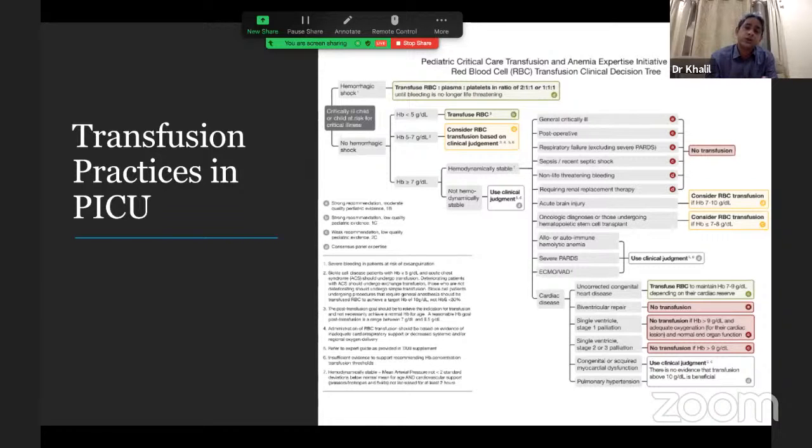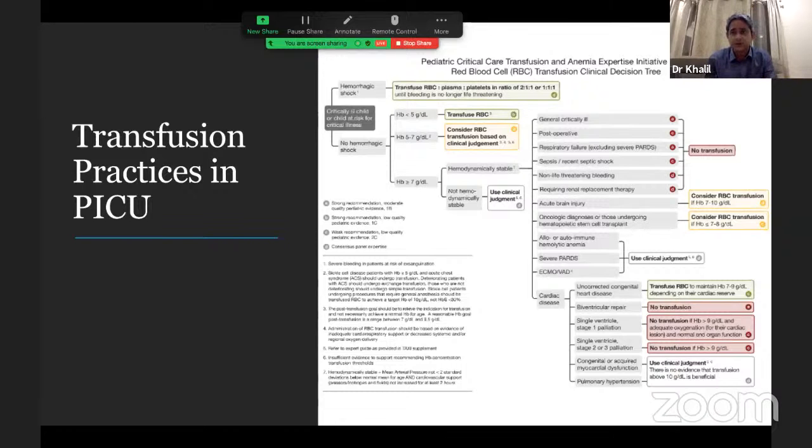If the child is not hemodynamically stable, again, use your clinical judgment. So usually in the management of shock, during the acute phase, we normally target a hemoglobin of 10, and beyond that, once the child is hemodynamically stable and has come out of shock, the target should be more